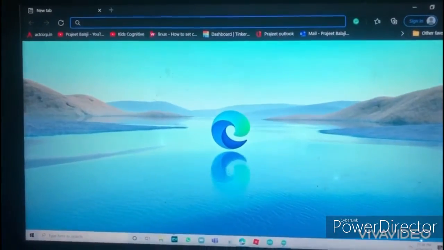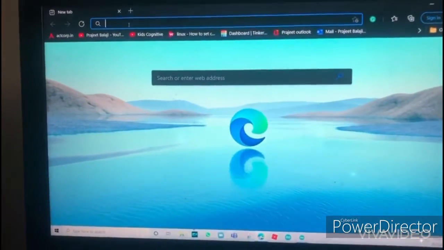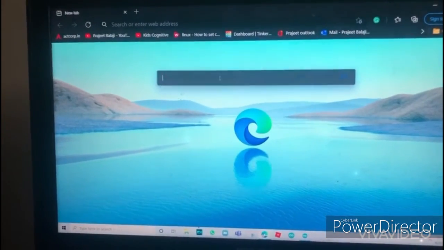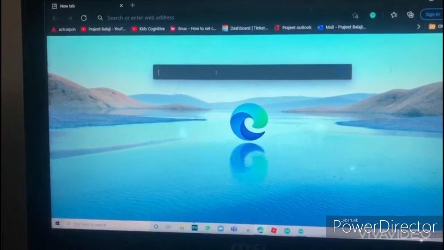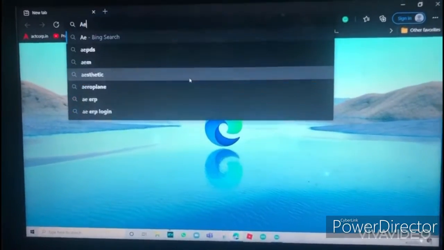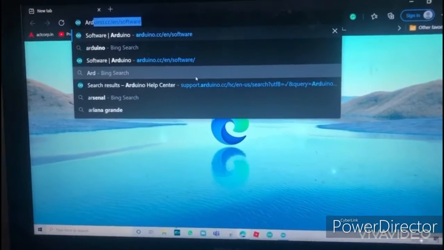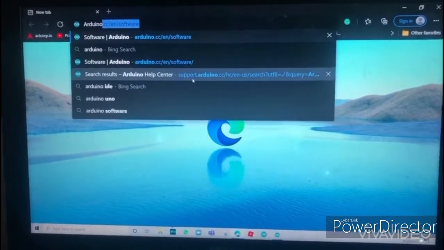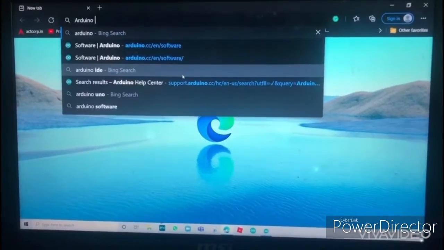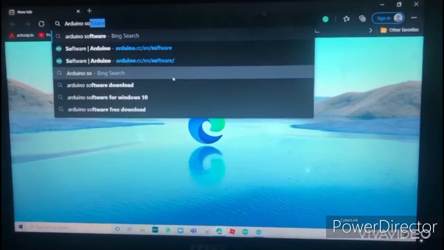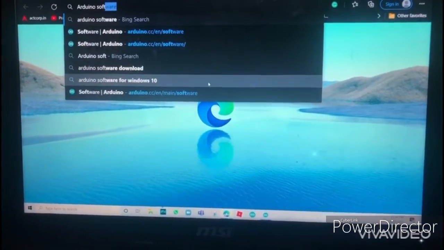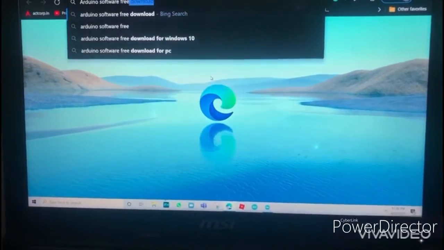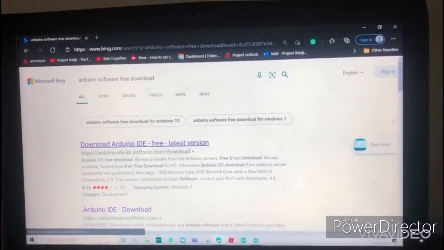Guys, first we need to get this software. To get the software, it actually costs money, but I got this free. I got it in a book. So just type Arduino Uno software free download.